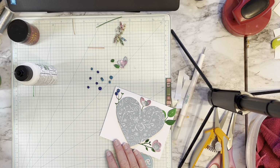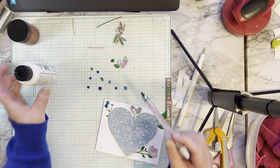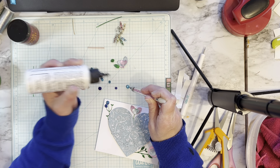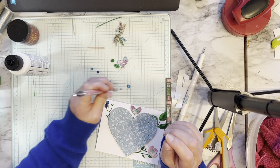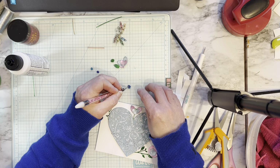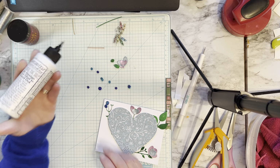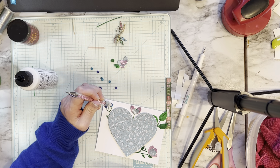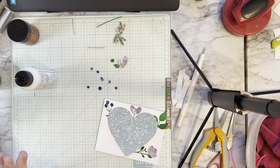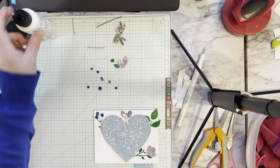Okay, now I think I'll probably put one more on there. So I'm going to do another one of these lighter blue ones with a dark blue small one. And I'm sorry if my hand's in the way, it's just because I'm a lefty. So. Hold that for a second. Okay, so now we're gonna put glue right here. Grab this, hopefully it's all, no, I didn't say fall off. Just stay, stick, don't come apart. So now that we've added some flowers,